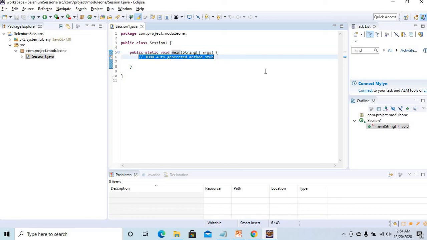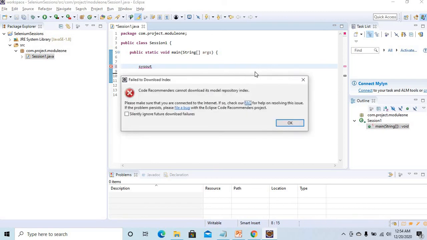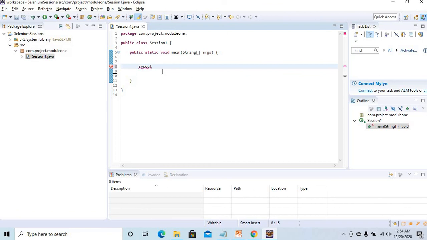Now simply removing this particular comment. So here now I'm just trying to print something in my console. To do that I will type sysout and press control space, and it gives System.out.println. Always keep control space handy.